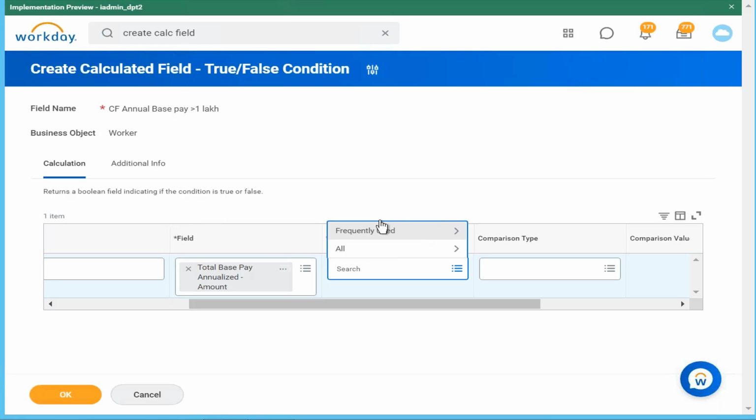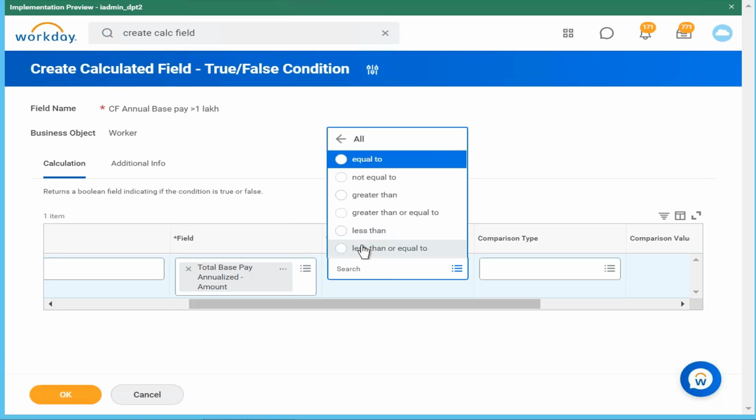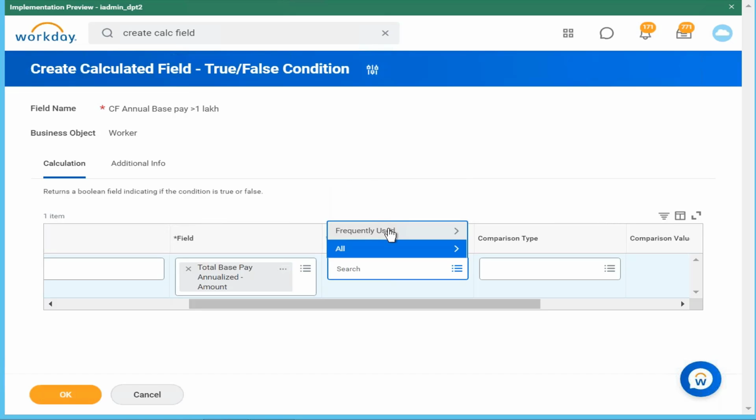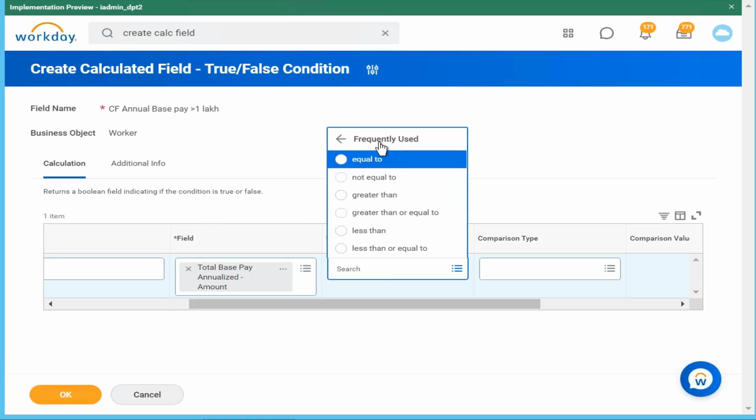The reason being that all will give you all the operators irrespective of your field type, but frequently used will give you only those operators which are relevant to this field type. Many times you might click on all and end up using an operator type which is not relevant to your field, and that way your condition might not work correctly. So always go with the safe option of using